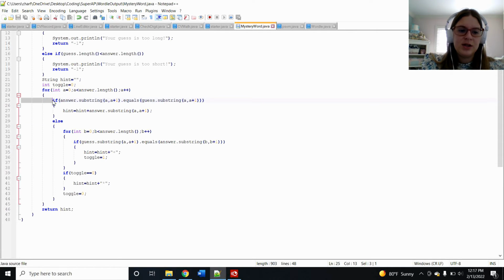But we know that if it's in the same place, we just want the letter. We don't want any plus signs. So else, if it's not exactly the same, we're going to go into another smaller for loop. And we're going to say, in B, normal for loop header, and then if guess.substring of A, so this is the bigger for loop, so we're going to stop moving onwards with A for a second and go through this B loop, dot equals answer.substring B comma